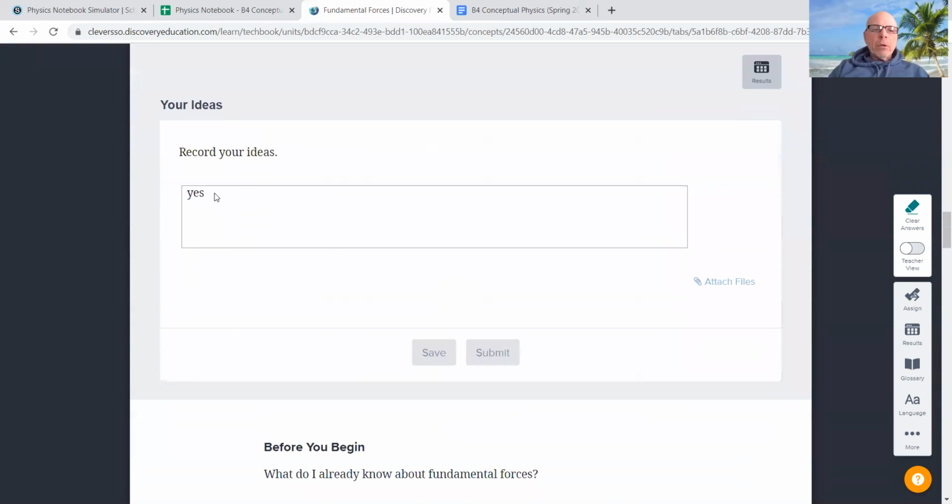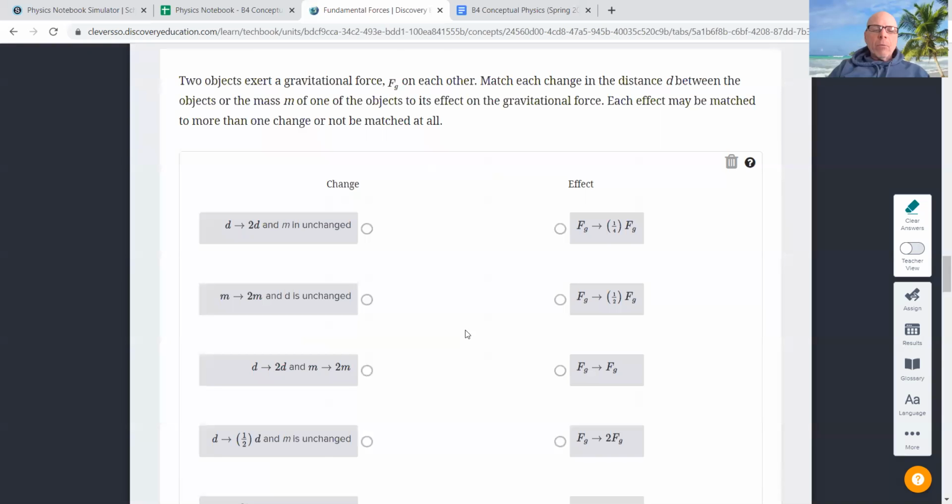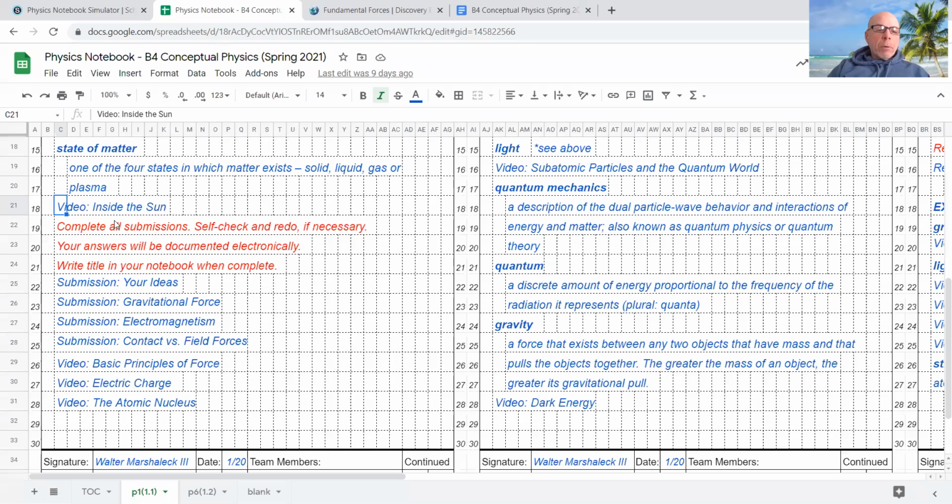There are submissions. Look, you submit there. And there's some more submissions. So complete all submissions. Self-check and redo if necessary. If you do submissions and all the answers are wrong, we'll just do it again. I will get your results, but I'm not going to get all bent out of shape if you get wrong answers, because this is, you know, sort of the exposure to these concepts. You're not expected to be tested right from the beginning. So it's just for you to explore, to be